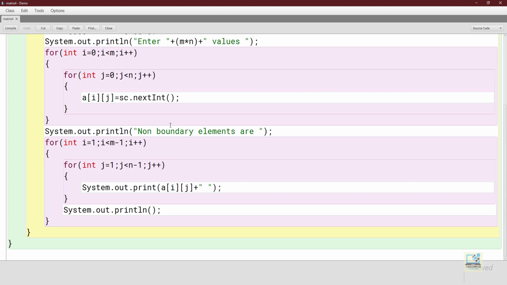Normally we run the loop from 0, we will run the loop from 1 in this case. So when you run the loop, both the loop for the row and for the column, from 1, then you are not accessing the 0 position. So automatically the first row and the first column is eliminated. Okay, it is not involved. And the loop is also running till m minus 1. Okay, that is another thing. When it is running till m minus 1, that means the last row and the last column is not getting accessed. Okay, that is the logic.